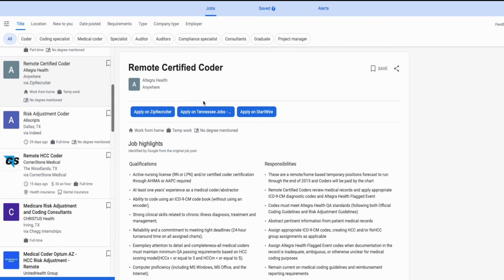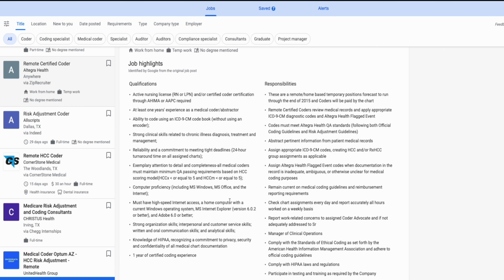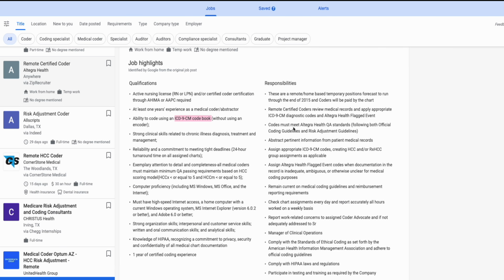This one says remote certified coder, and we're going to look through here for the code sets. It states that you will be using ICD-9, I'm sure ICD-10 as well. And as you can see throughout this job posting, you don't see any mention of CPT nor HCPCS. This is a position that you would want to apply for. It does not say that you need a CRC to apply for this position. They would like for you to be an RN or an LPN or